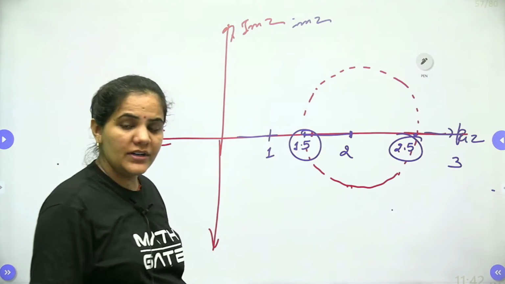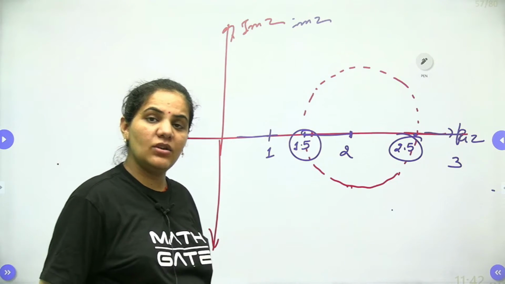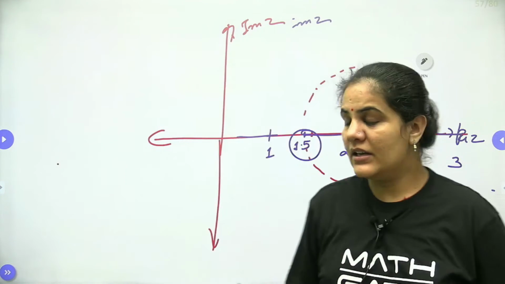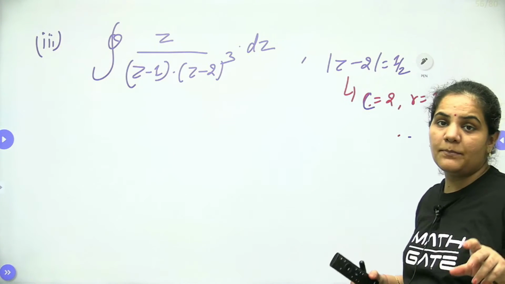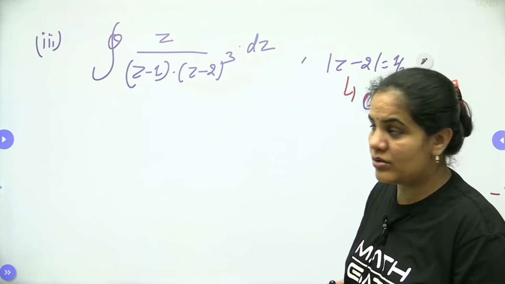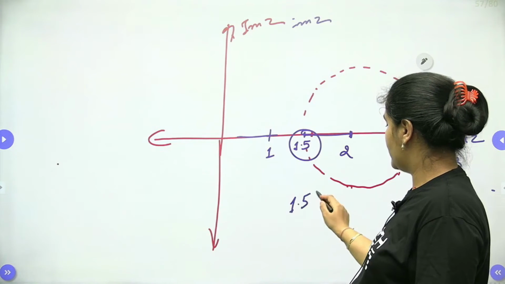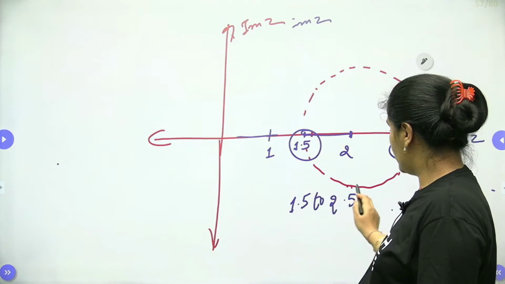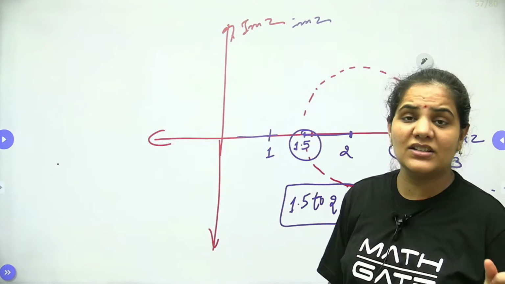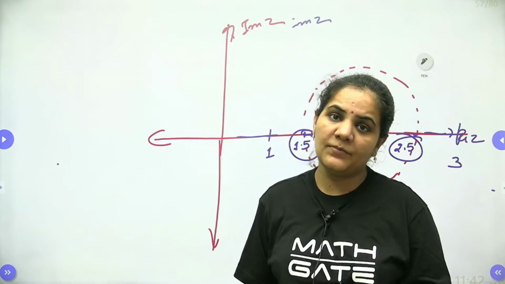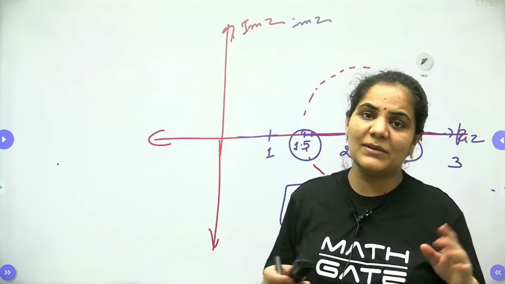The range, as I already told you, we have to find the range always, dear students. So when we have the range, then only we can see whether the given poles are lying inside or outside the closed curve, right? From here you can see the range is 1.5 to 2.5. It means all those points which are in the range 1.5 to 2.5 are lying inside the closed curve. If the point is outside the range, then the result will be 0, right?